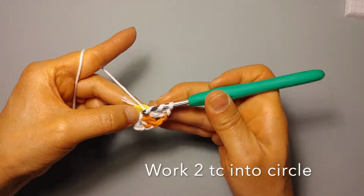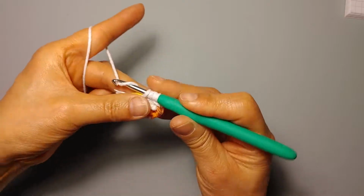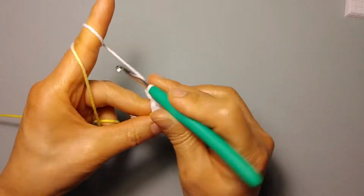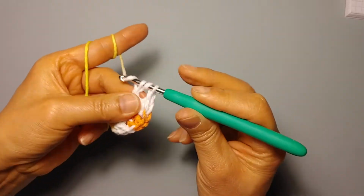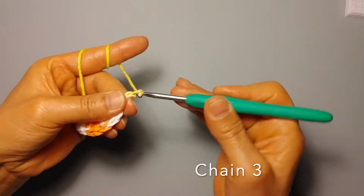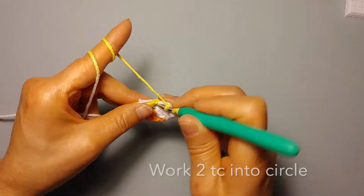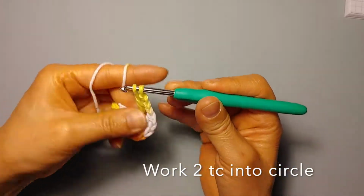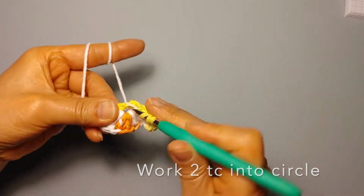Let's wrap the yarn around twice instead of once. Okay, one more. Okay, and now we're going to do chain 3. That completes one side of the diamond for the first round. Chain 3, and then we'll work 2 treble crochet, 1, 2, okay,